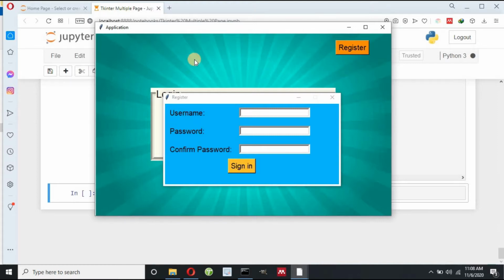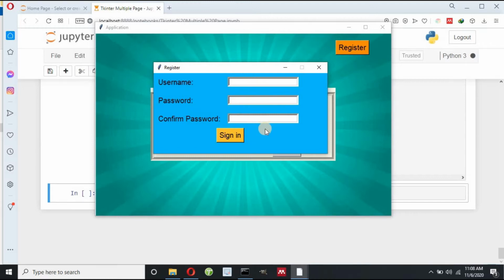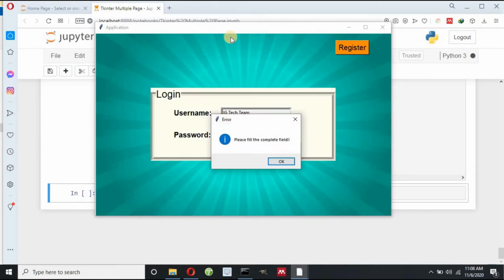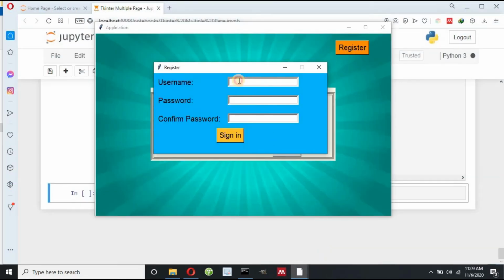This is just an example of a login page. You can change this login page, the format of the login page, on the basis of your project. Now I need to give a username and password. If I click on this sign in button, it will display please fill the complete field. Let me click on OK. Now if I write username as IG Tech Team, give password Ishwar, and in the confirm password let me write another password, and now if I click on this sign in,